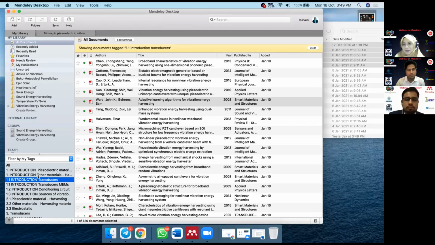Okay. So that is what I meant by using Mendeley as your article management. It's not just about referencing, it's more towards how you manage your article, how you manage your thesis using Mendeley. I think that's all. Zohrul,